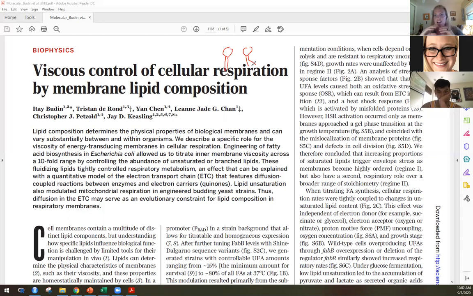And so the electron transport chain will move faster and you can get greater oxygen consumption, right? If you increase that membrane fluidity. All right, so